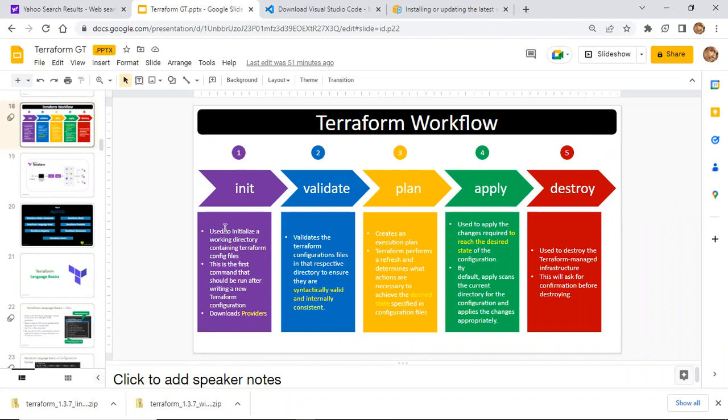It will download the plugin, and it will keep a log file for the documentation. Why? Because we will maintain the same version of documentation across our organization, or for a particular project. So the init command will create a log file. I will show you that log file in the next class. It downloads the providers and provides a log file for our configuration.